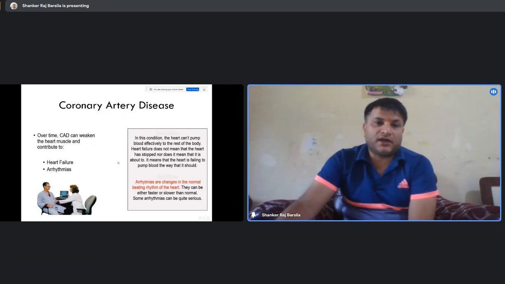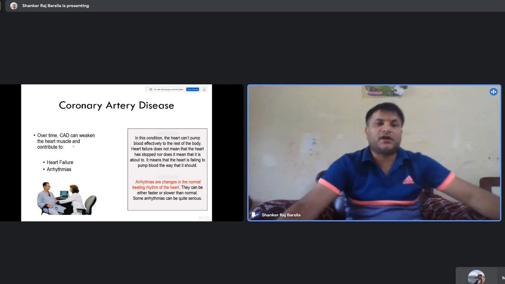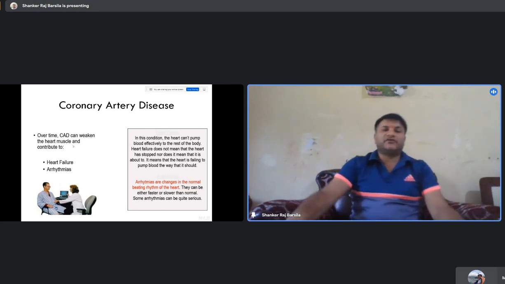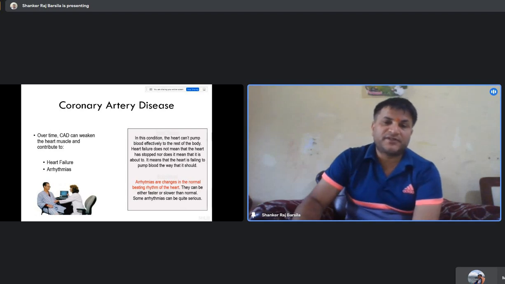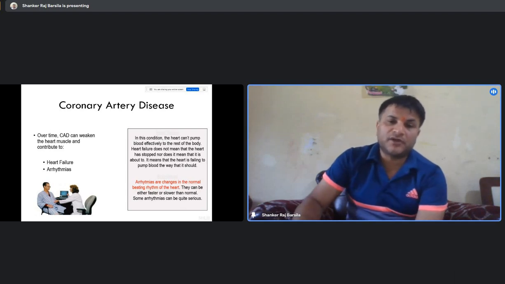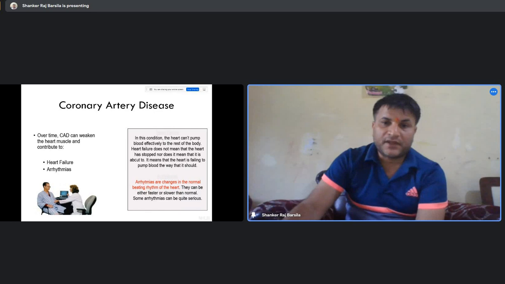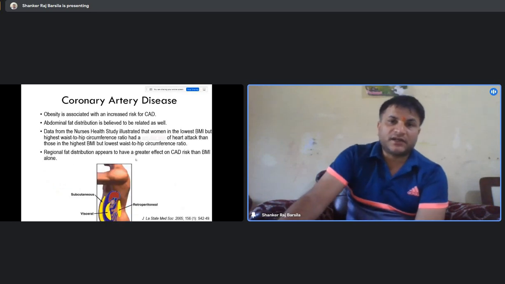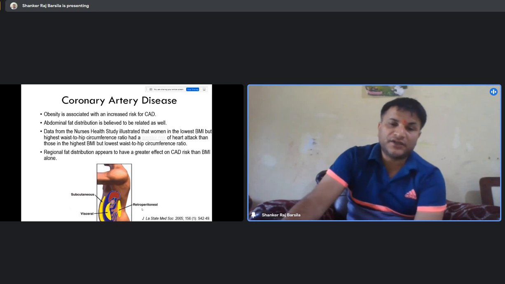Then over time, coronary disease can weaken the heart muscle and lead to heart failure and arrhythmias. Arrhythmia means changes in the normal beating rhythm of the heart. Your heartbeat can fluctuate, right? Then the next is that coronary artery disease also increases the risk of fat deposition in the kidney,